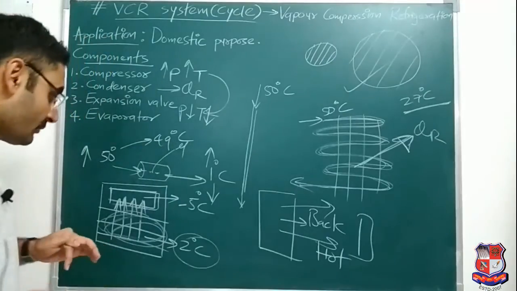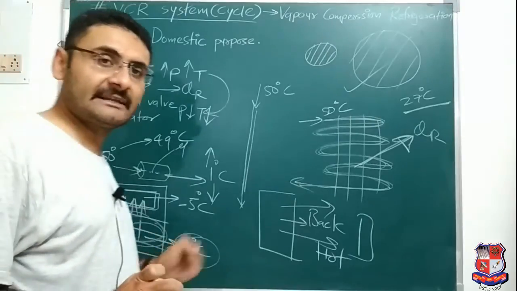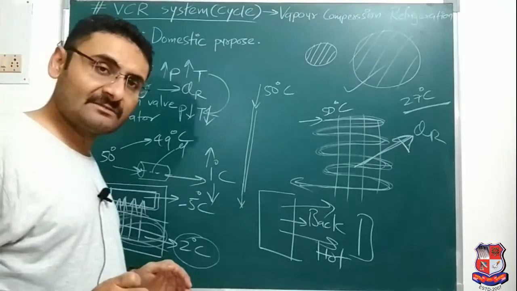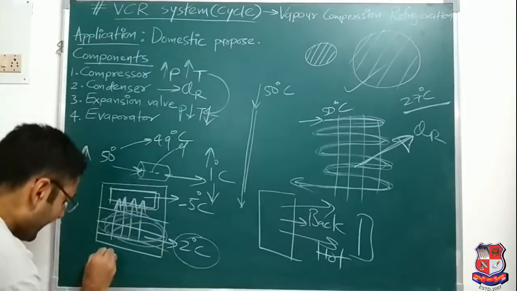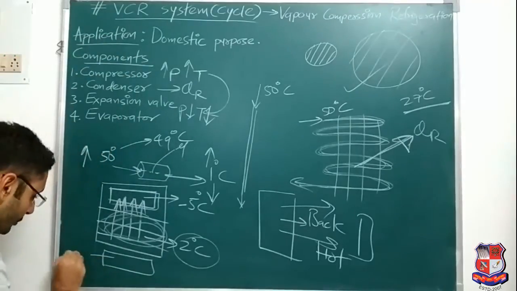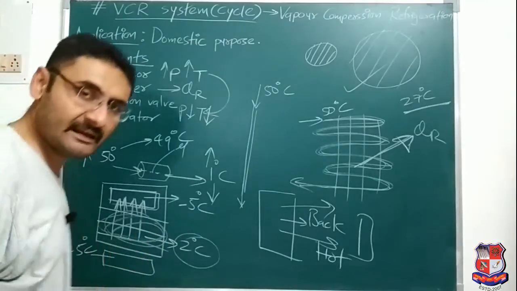Sure. Achha. Now one question may arise: generally evaporators are located at the top side. Now if I want to locate that evaporator at the bottom side, then what happens? Suppose I have located the evaporator over here. Now the evaporator has the lowest temperature, which is suppose -5 degrees centigrade, and the remaining compartment has a higher temperature.